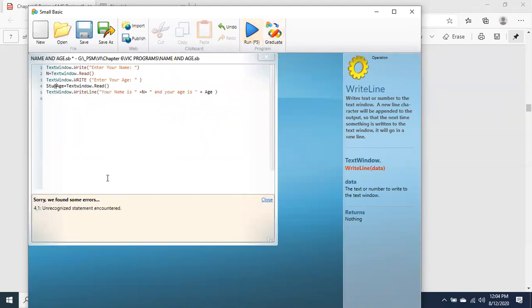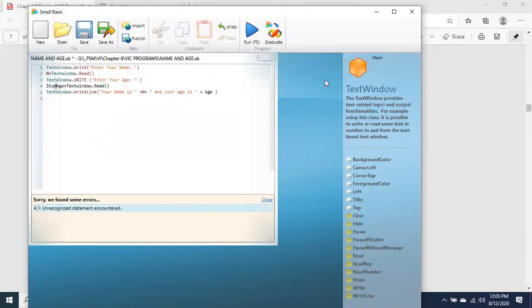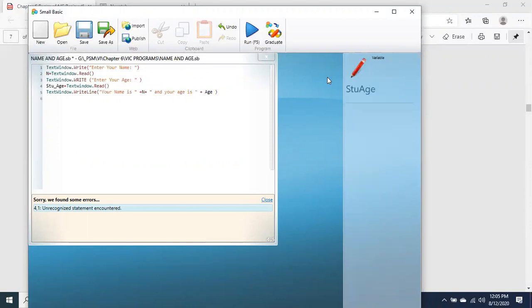आप देखें इफ आई रन इट, अनरिकग्नाइज्ड स्टेटमेंट एनकाउंटर्ड, लाइन नंबर 4. ये क्या कह रहा है, ये नहीं समझ में आ रहा है इसको. ये कह रहा है इट इज रॉन्ग, this is wrong. Are you getting this point? So अगर हम यहाँ पे कोई स्पेशल सिंबल बीच में रखेंगे then you are going to have error. But अगर आप अंडरस्कोर देंगे, अंडरस्कोर एक्सेप्टेबल है. शिफ्ट के साथ माइनस साइन जब हम देते हैं, this is called underscore. When you give minus sign with the shift, then it is called underscore.